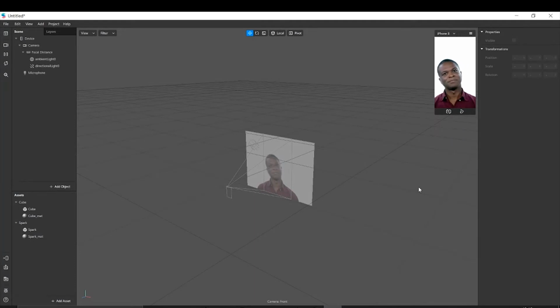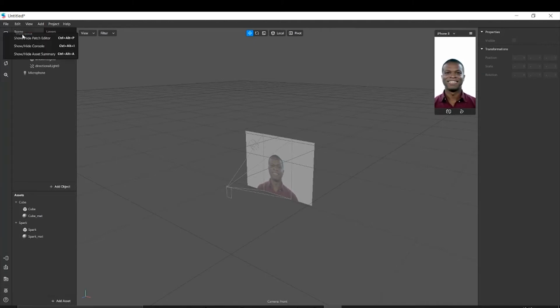In this video, I'm going to explain about Patch Editor. Patch Editor is a facility available in SparkAR which can be used to program easily. And if you are very good in JavaScript, you can even write your own program. But this is basically an English and an easy way of programming.